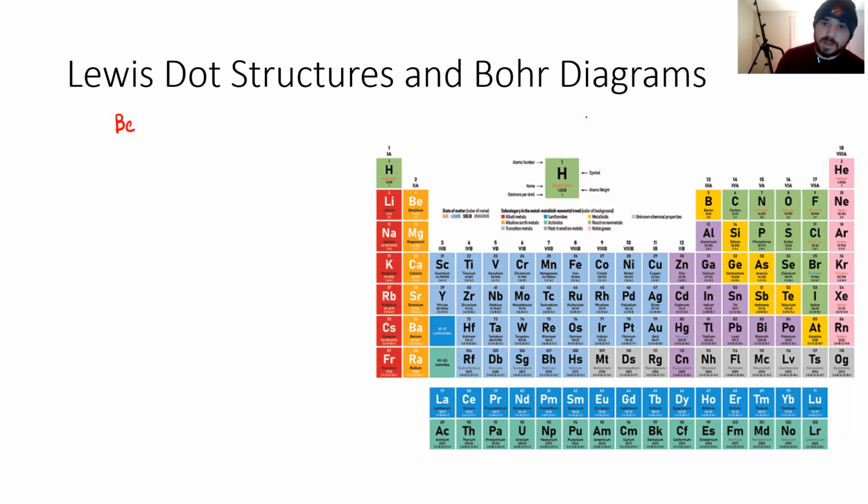So we're going to work with Bohr diagrams to start. That's these ones for beryllium. So beryllium, that's right here. It's element number 4. So we know that it's going to have 4 electrons and 4 protons. There are a couple of different ways to draw Bohr diagrams,